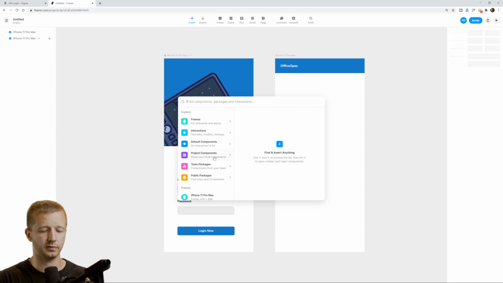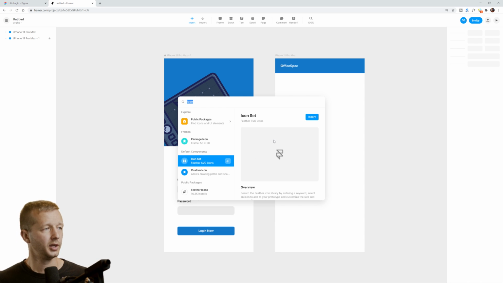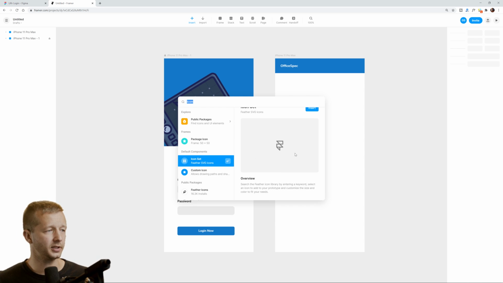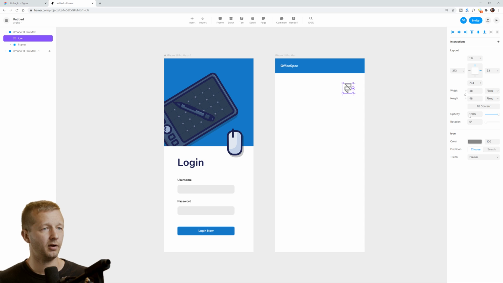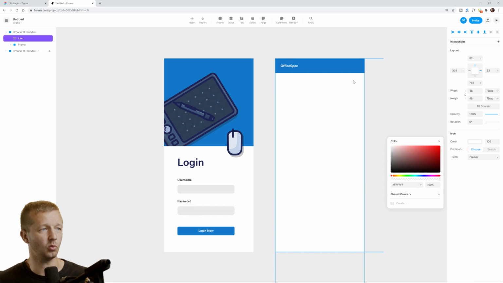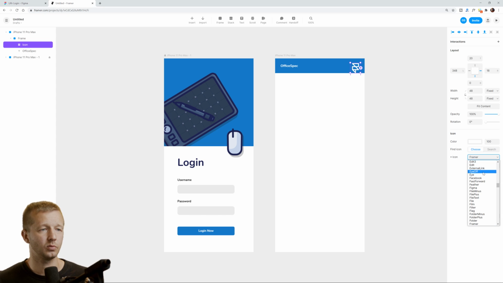What we want to do is search for something called icon, and you can see there's default components icon set. So this is an icon set, and it's actually pretty robust. There's a ton of them. Let's hit insert, and as you can see, we have the Framer icon by default, but we have all these options here. You can change the color very easily. We're going to change this to white and then just move it up here. We want the hamburger menu icon, all right? So to get that, we can just go and find down here,